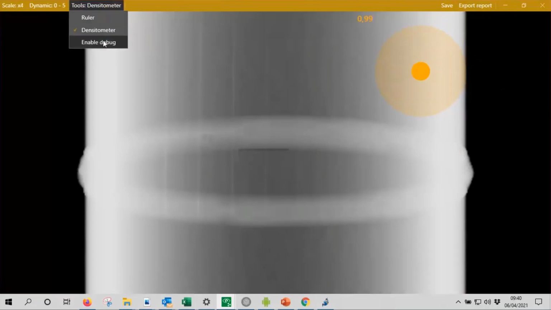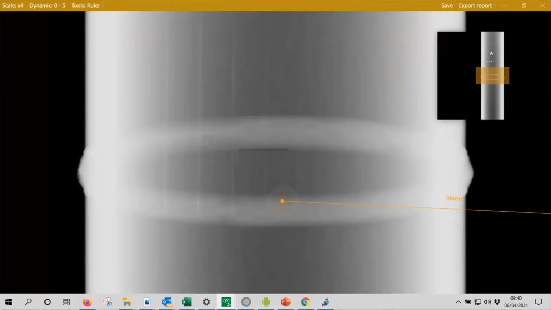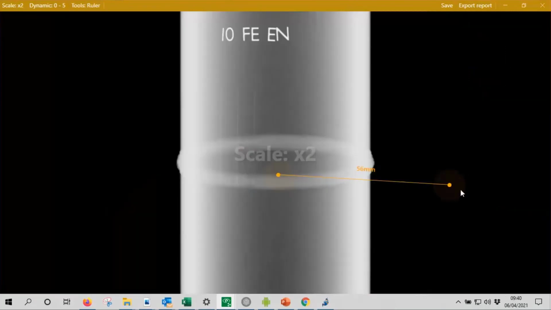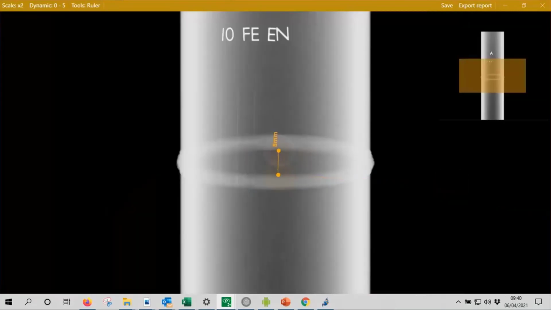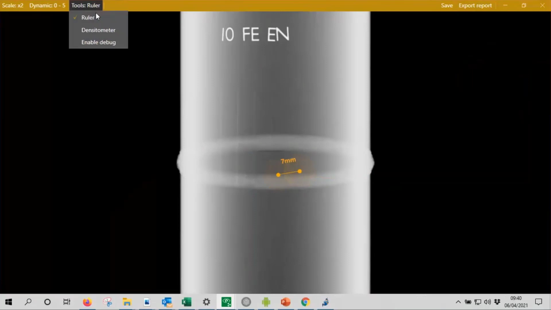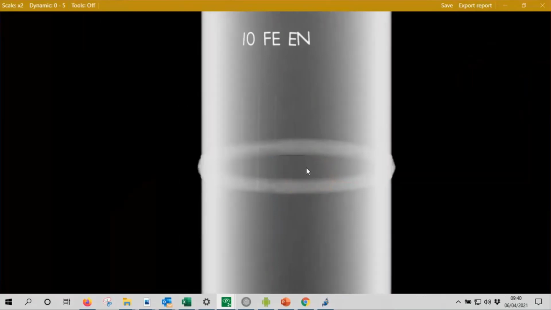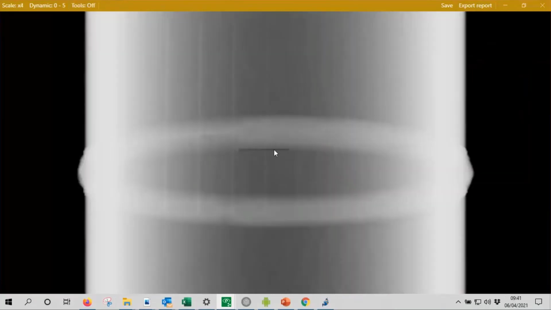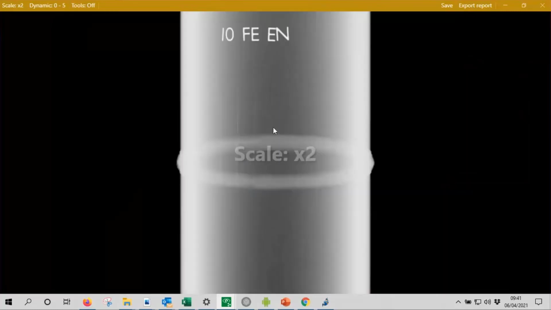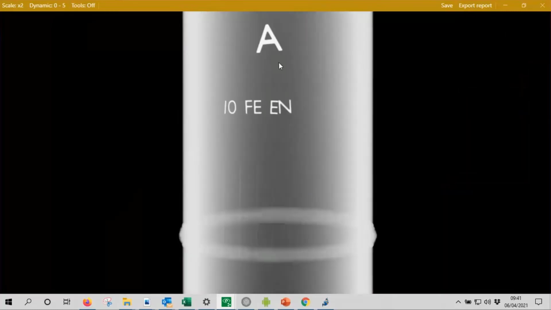You can also make measurement about the aperture of the ellipse to make sure that you have a correct aperture of the ellipse based on the standard and so on. Okay. And then have a look on the flaws, the different flaws here. You have some porosities here, a lack of fusion here, and so on, and the marker here.